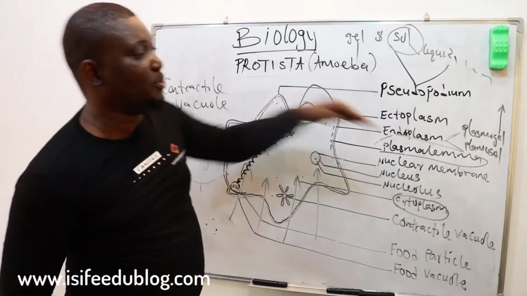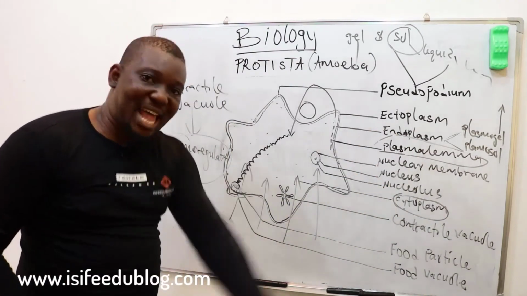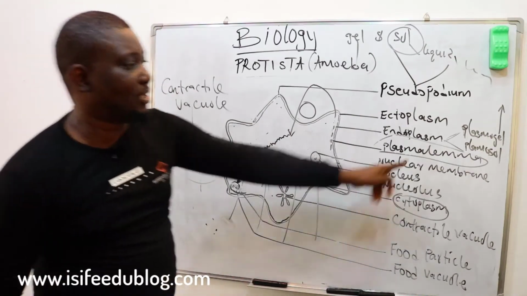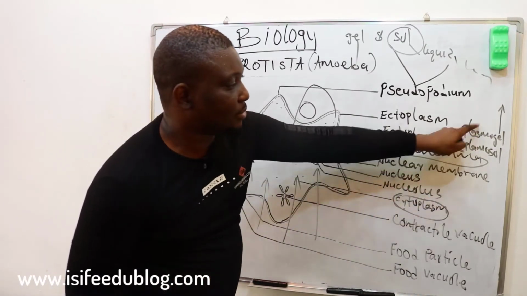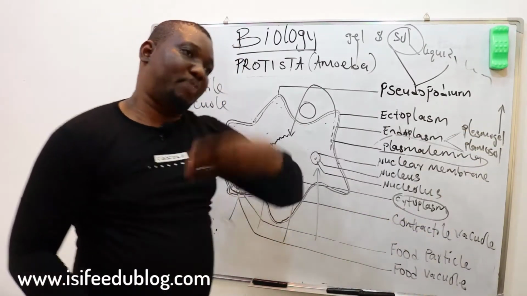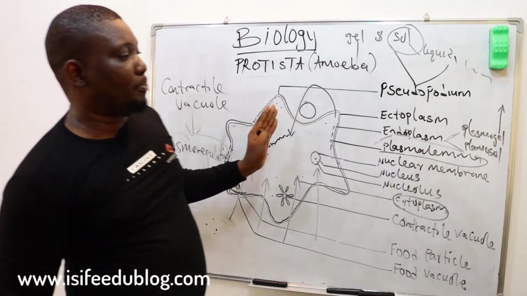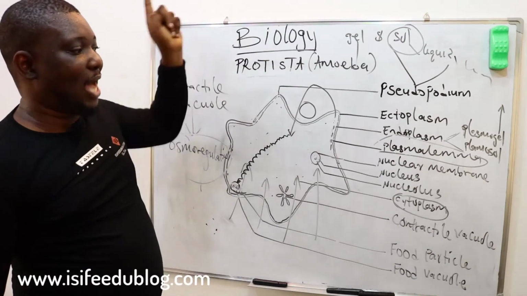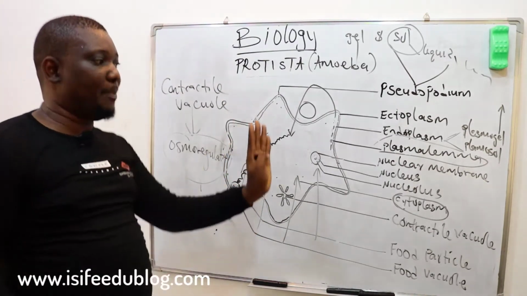Because as this organism moves, it needs something like fuel that will trigger the movement from one place to another. That's the essence of the endoplasm that secretes plasmasol. It becomes plasmagel as the organism moves from one place to another. Remember, this organism must move at all points in its habitat, basically a freshwater habitat.